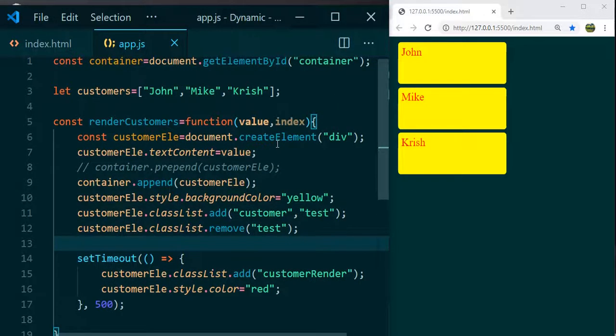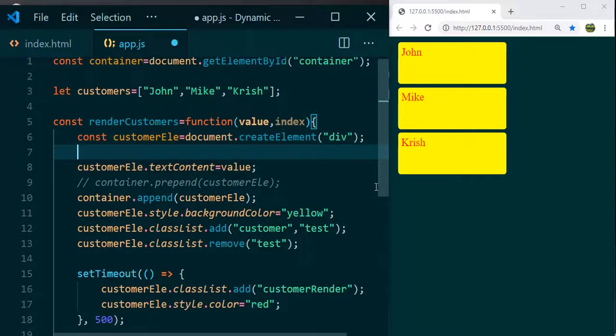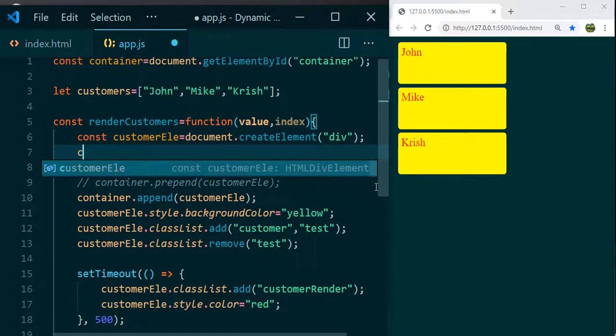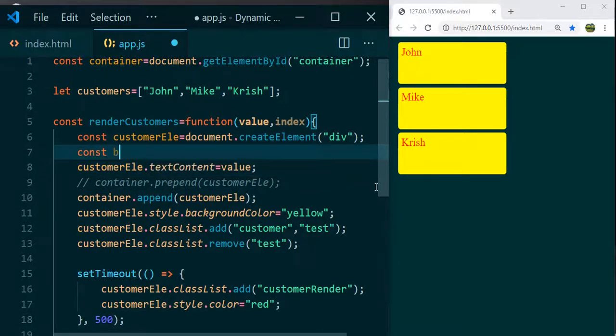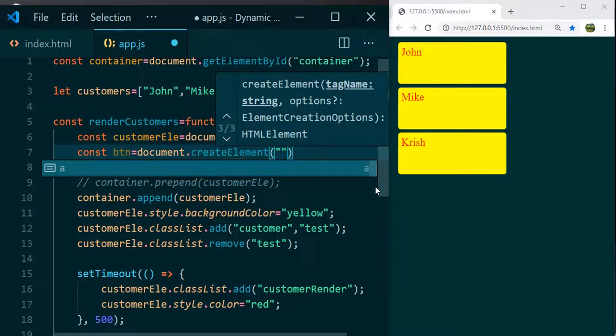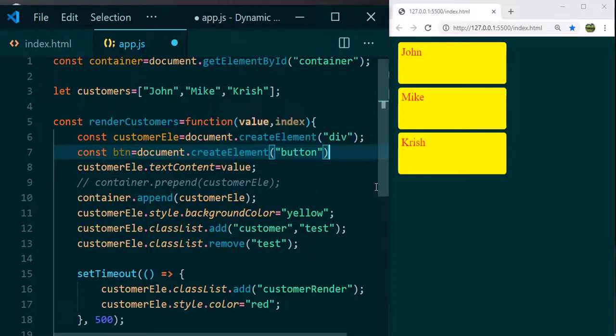Now let's say you want to add some text box or some button to each customer, you can do it easily. Let's say const button equal to document.createElement, and the same way we need to provide the tag name as button.